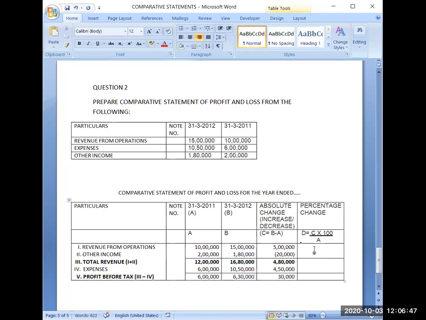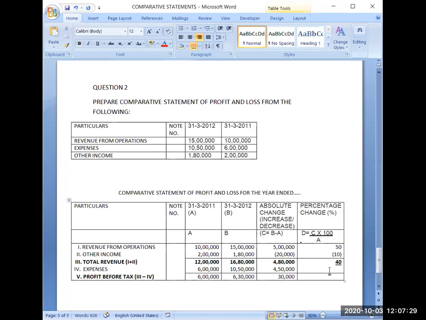Keep it in mind. Now 5 lakh divided by 10 lakh: you can simply see it is 50%. Again, I will put the percentage symbol here. It is a must. Then 20,000 divided by 2 lakh is 10%. But this 10% is a reduction, so that's why this 10% will come in brackets. Now 4,80,000 divided by 12 lakh: if you calculate it, it will come to 40%.